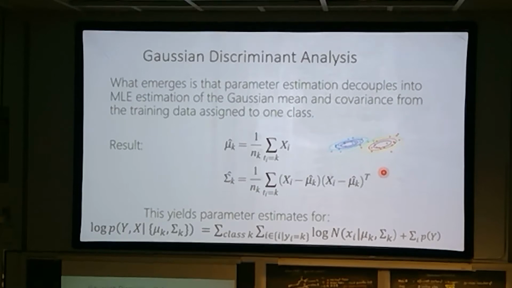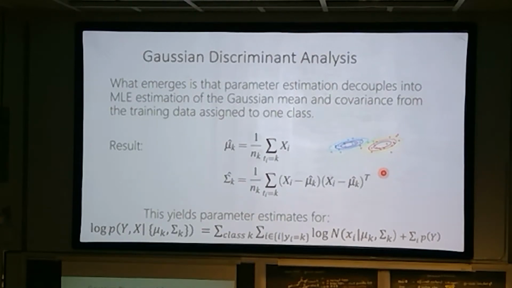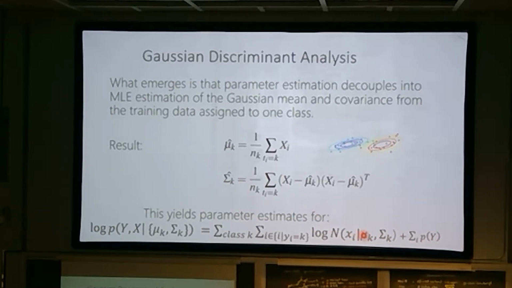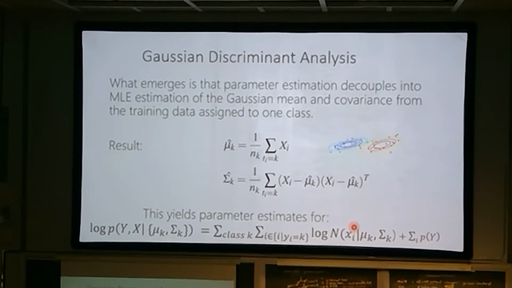So what emerges if you do maximum likelihood here, and you can do this in closed form, and we'll go through it in just a second, is that you get updates that are super intuitive. Because the likelihood decouples by class, for class K, imagine these blue points, you know which points belong to that class. For just those points, you're doing maximum likelihood over this, right? If you want to learn the mean and the covariance, they don't appear in here, so this term is going to go away. You're basically just doing maximum likelihood of a Gaussian. And you've seen this, right? It's just a mean and empirical covariance, basically. But we'll quickly go through that.